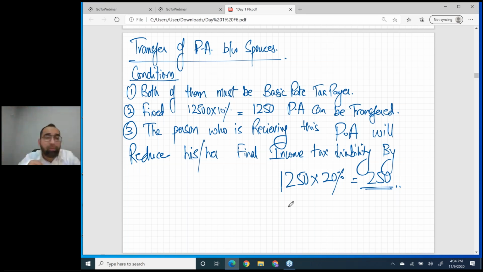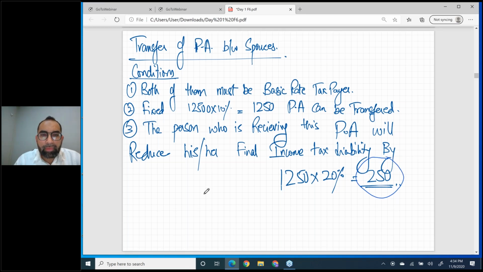Okay, so never do this: if the husband is receiving a personal allowance from the wife, the husband cannot increase his personal allowance. He just has to reduce his final tax liability by 250. This is the amount. Okay, now